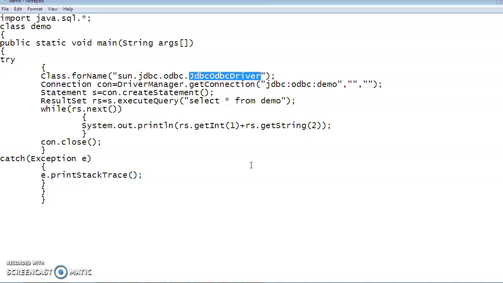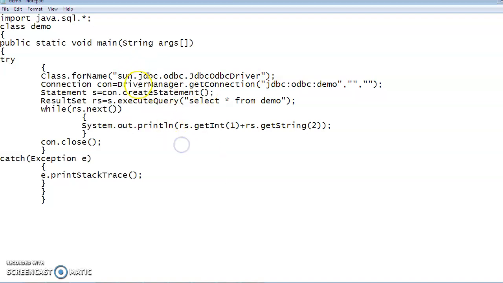The name of the database is MyAccess, and once it is created, it is mandatory to use the database inside this Class.forName function. This function is used for loading the driver that we are going to use inside the program.